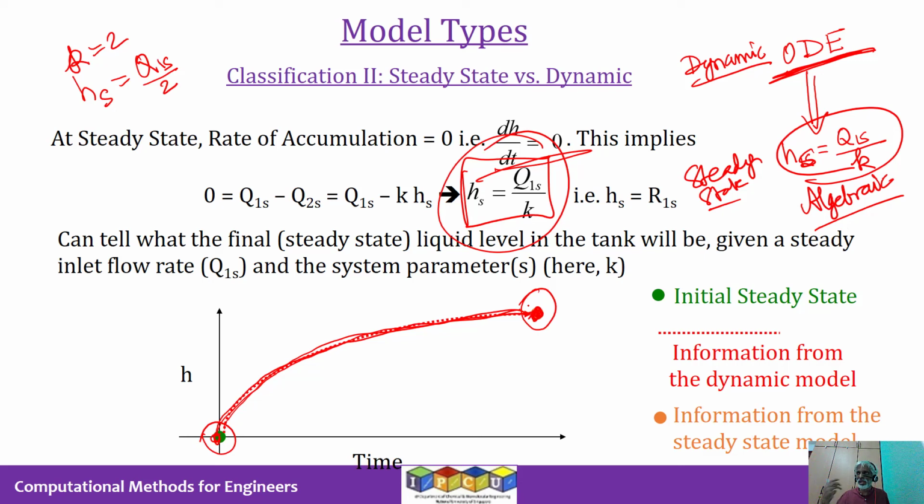For example, if you take the dynamic model to be a partial differential equation, at steady state, it will become an ordinary differential equation. If your dynamic model was an ordinary differential equation, then your steady state model will be an algebraic equation. So in any case, steady state models are simpler than the dynamic models. But the steady state model also gives you less information about the system. Okay, so this is the kind of trade-off. So I hope you understand how and why systems are classified as steady state versus dynamic models.